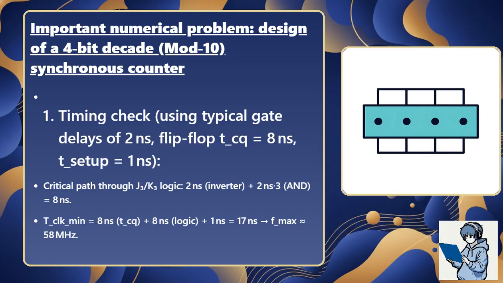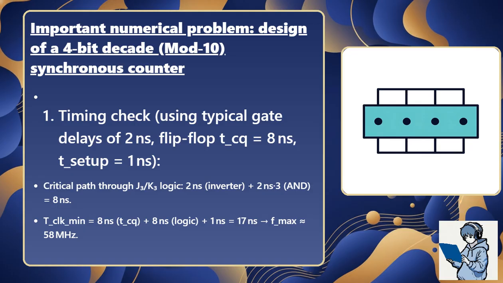Timing check using typical gate delays of 2 nanoseconds, flip-flop TCQ 8 nanoseconds, T setup 1 nanosecond. Critical path through J3 K3 logic: 2 nanoseconds for the inverter plus 2 nanoseconds times 3 for the AND gate, equals 8 nanoseconds. Minimum clock period equals 8 nanoseconds TCQ plus 8 nanoseconds logic plus 1 nanosecond setup, equals 17 nanoseconds, giving maximum